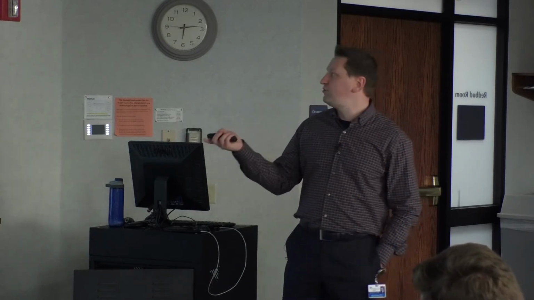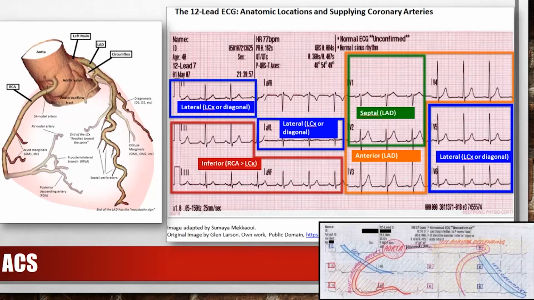So each of these corresponds to 1 or 2 arteries that are most likely to supply that area. So when you see changes in these regions, a trained cardiologist will know what vessel is most likely to have caused that infarction. There are a lot of places you can find something just like this. There are little cards that have it. You can do a Google image search on EKG territories and find these clustered. There are a lot of ways to get this information. But when you look at an EKG, the first thing you have to train a new reader in is to recognize the zones. You have to know the inferior zone, the high lateral zone, septal zone, anterior zone, and lateral zone.